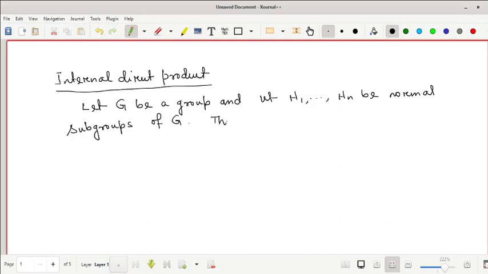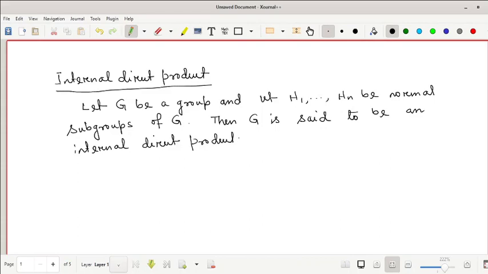Then G is said to be an internal direct product of H1, H2, ..., Hn